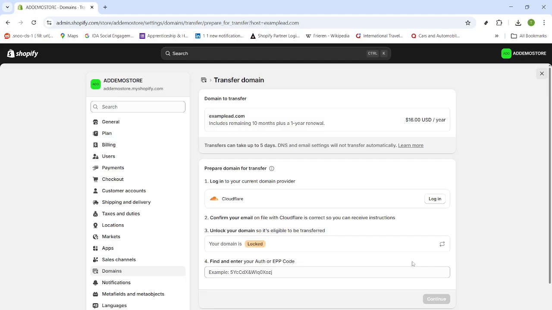And when transferring a domain, keep an eye on your email for confirmation messages from your current provider and from Shopify. Approving those helps the process complete smoothly. That's it. Follow these steps, take your time with each prompt, and your domain will be set up in